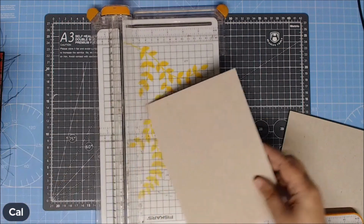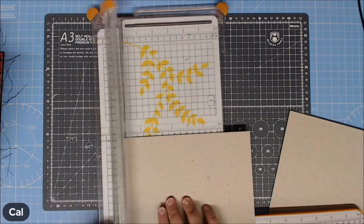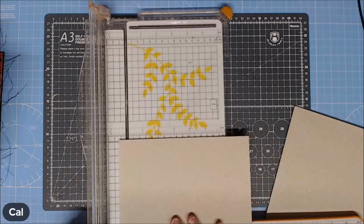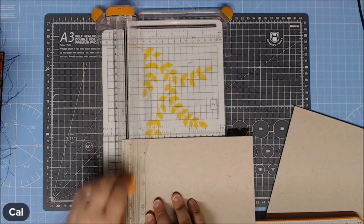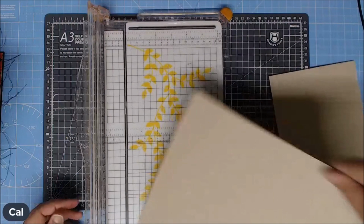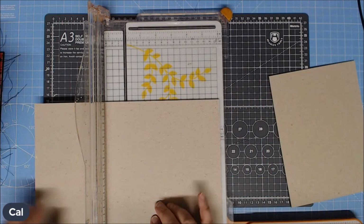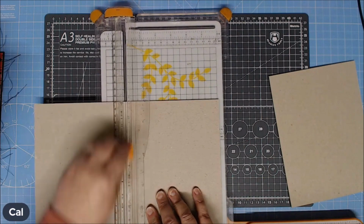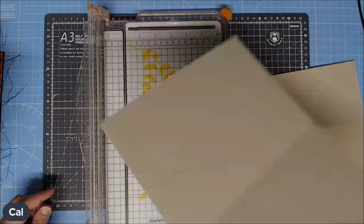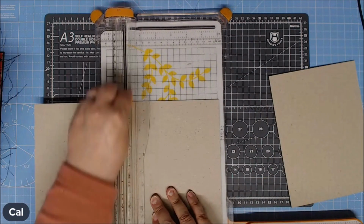Okay, unfortunately, thanks to British A4 sizes, I can't get both out of the same sheet here. We're just a quarter of an inch off, unfortunately, which is why I reckon if you're going to use a 12 by 12 sheet of grey board, you're probably going to be better off. But do not throw your offcuts away,